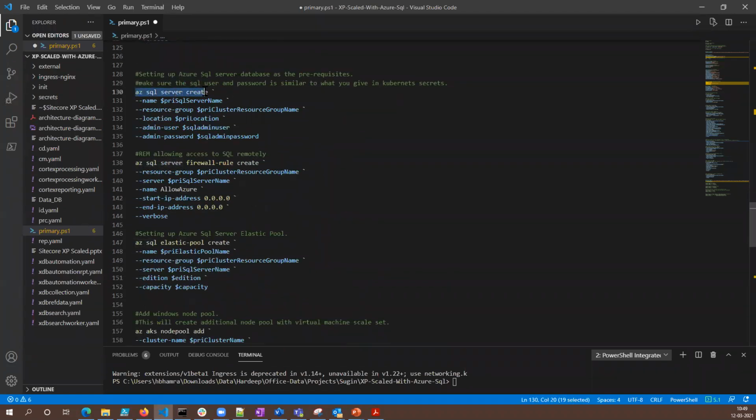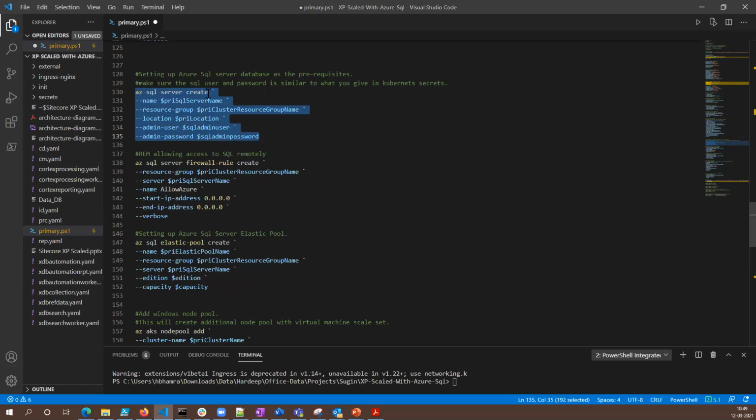Okay, the Azure SQL create, we are setting up the SQL servers. Once you have set up the cluster, it's not like you have to follow this order. You can go and create the SQL first, but I like to follow this order. It works pretty well for me. I haven't tested it the other way around. There might be some challenges, but this works pretty well for me, and that's the reason. After the cluster has been created, I will go and create the SQL servers.